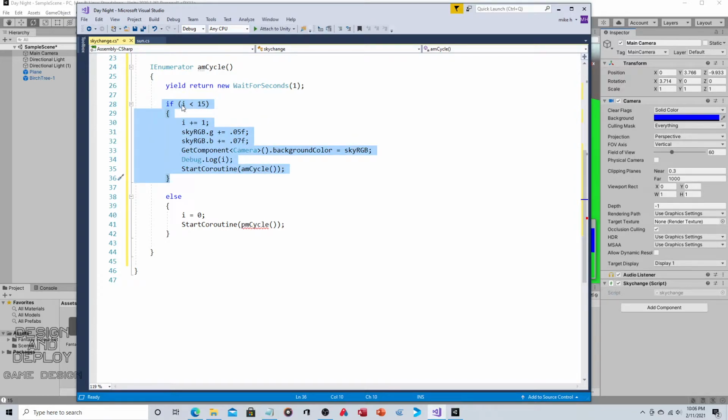It's saying if i, so that's the variable we created a few seconds ago, if it's less than 15, again, we're trying to measure how many seconds have passed, okay? So if i is still less than 15, increment i by 1,